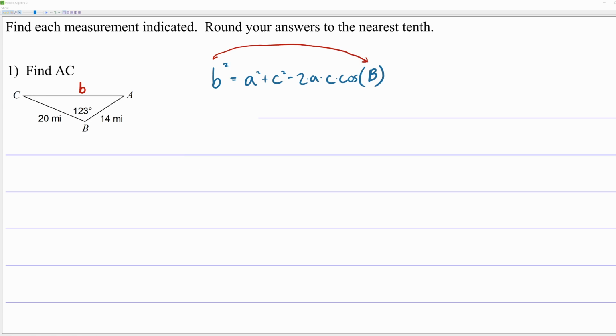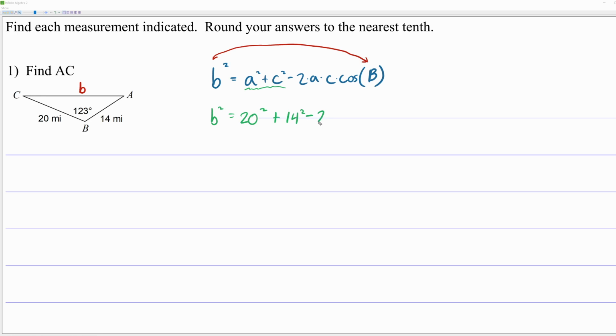So if you plug in all of the unknowns, what we have is b squared, that's what we're looking for, equals a squared plus c squared. Well, how are you supposed to remember these two variables? In reality, you don't really have to. If you know that the side is what you're looking for, then in the law of cosines, a squared plus c squared, that's the other two sides, which you're going to have to know if you're going to use the law of cosines. So we have 20 squared plus 14 squared